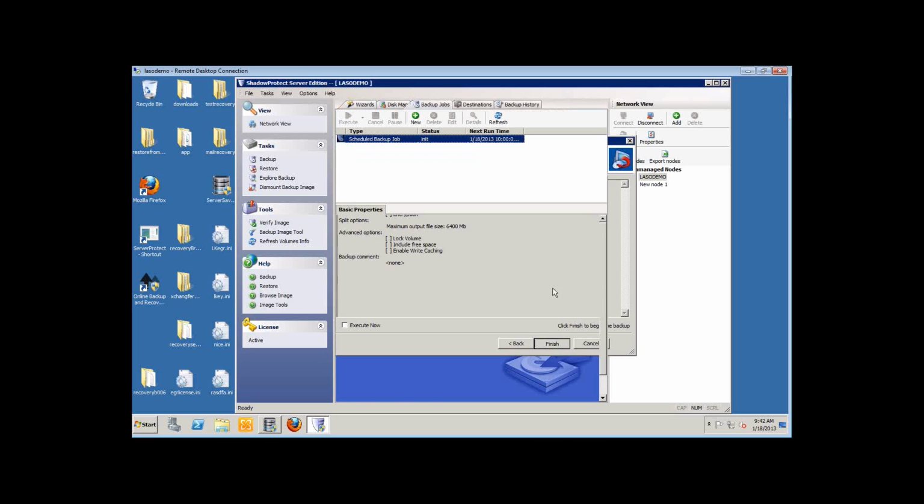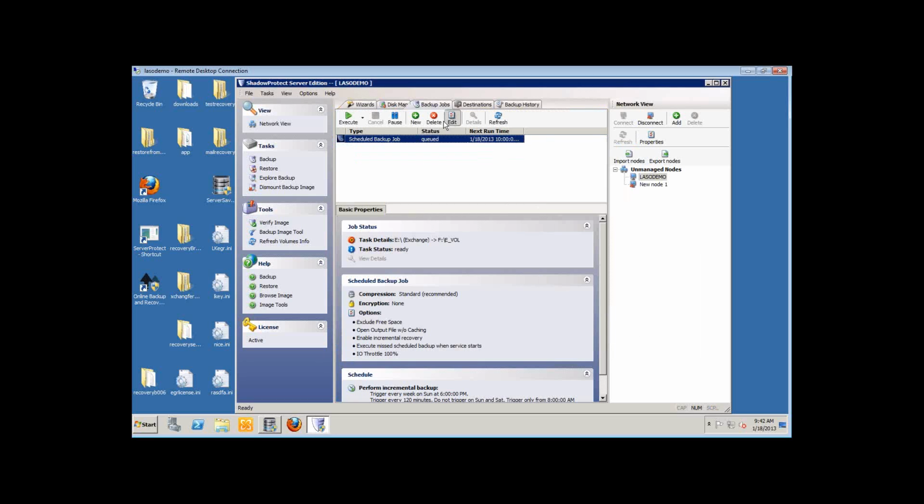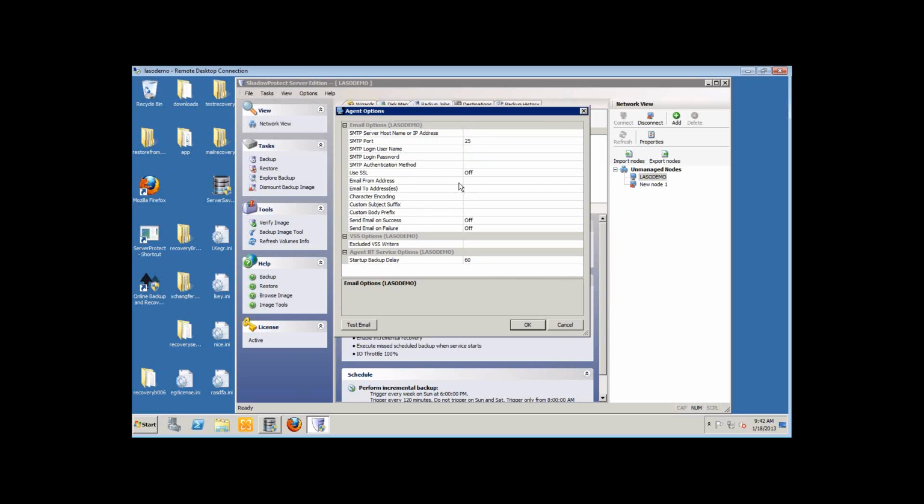Okay, next you get your summary. Great, grand, wonderful. So spend 2 minutes and we just schedule the backup to run. Additional options, if you go to agent options, you can